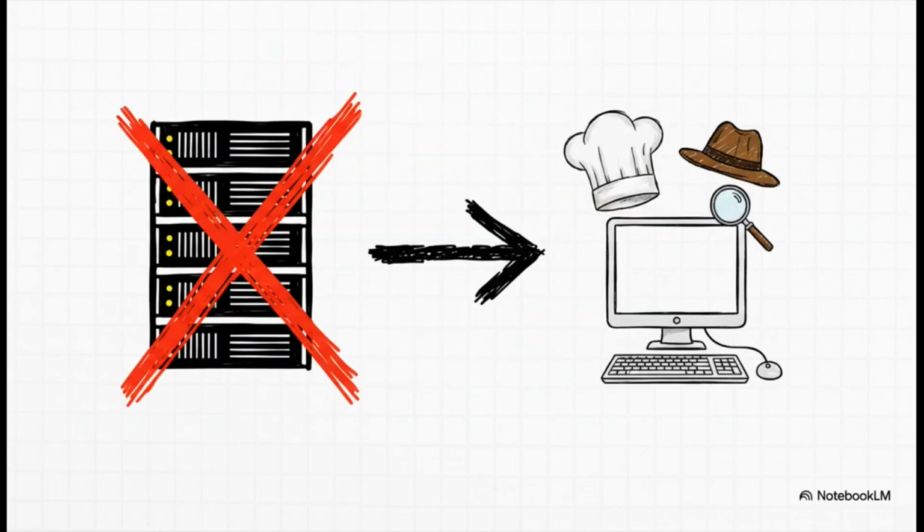But here's the thing, and if you take away only one thing from this entire explainer, let it be this. Server and client are not physical objects. They are jobs. They are roles that software plays. It has absolutely nothing to do with the box it's running on. It's all about what it's doing.